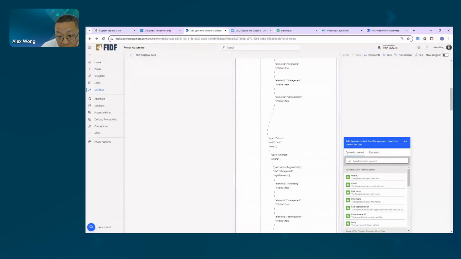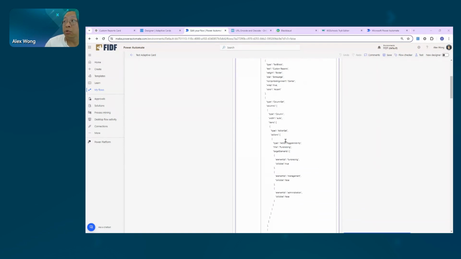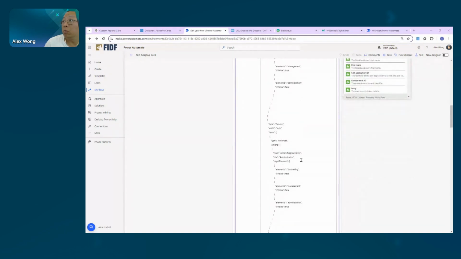How do you code the different Power BI reports to be put into 3 different buckets? I'm not sure if I understand the question correctly, but basically, it's up to you. Let's say you have 10 reports that you build. You have to categorize them. Maybe you build 5 reports that are fundraising related, 3 reports for management and 2 reports for administration. Then that's what you put in